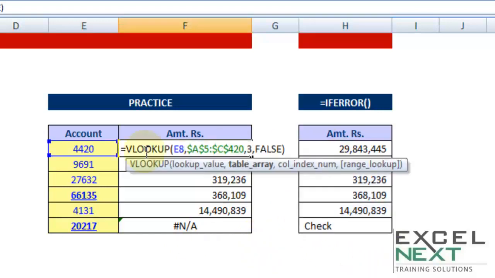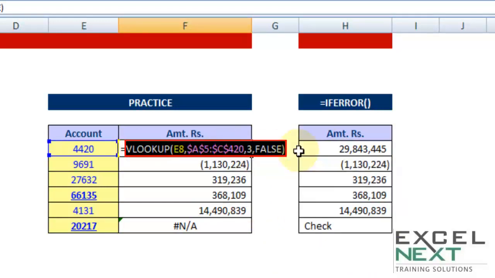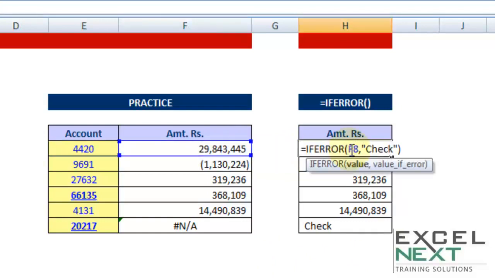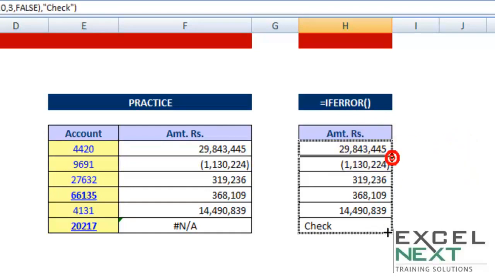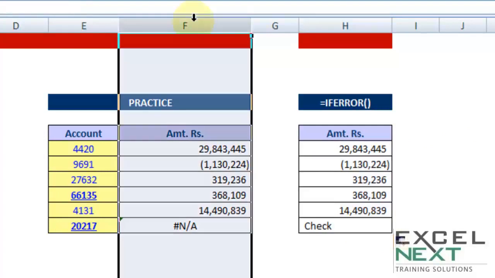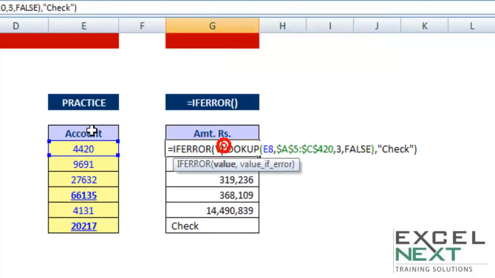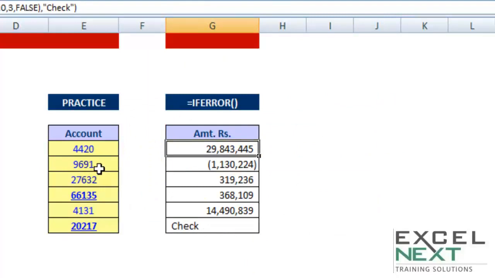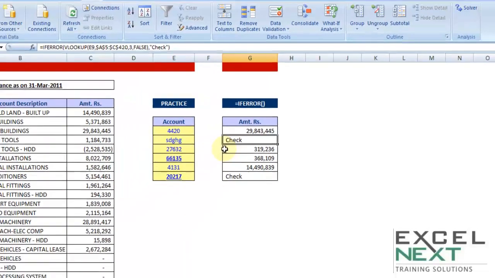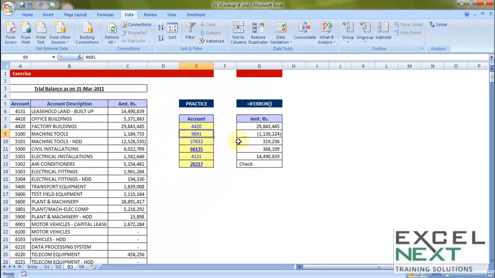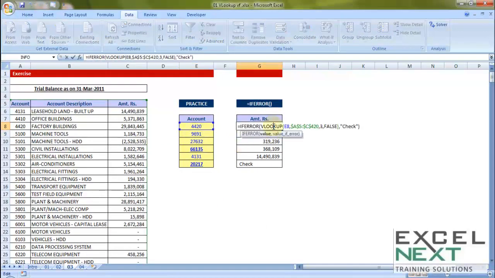Now I can include that in one single formula. Let me copy the VLOOKUP, press Escape. In place of F8, let me press paste, Control V. Let me drag down the formula, so I actually don't need this aspect now. Yeah. Let's say if I write a hypothetical code, it's an NA, hence please check. So that's VLOOKUP, a quick recap of all the possible combinations of pitfalls, and along with that the usage of IFERROR. Thanks.